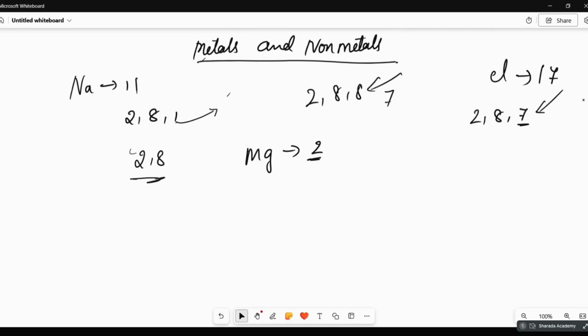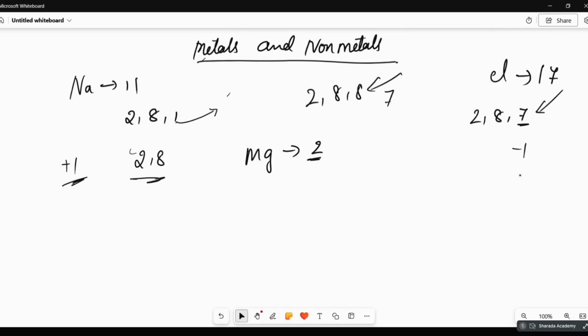How much it can take or how much it can give in a chemical reaction is the valency. If it is giving 1, we call it +1 valency. If it is taking 1, we call it -1 valency. You would have seen this written in the book. That is the reason. Again I repeat these things, because it helps a lot in understanding how a compound is formed.